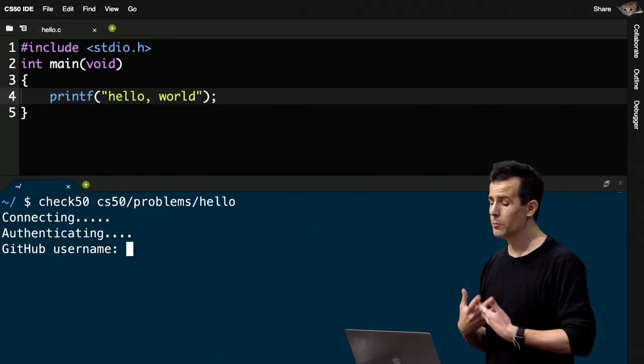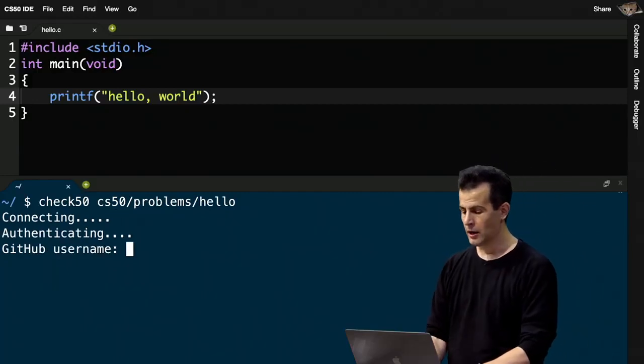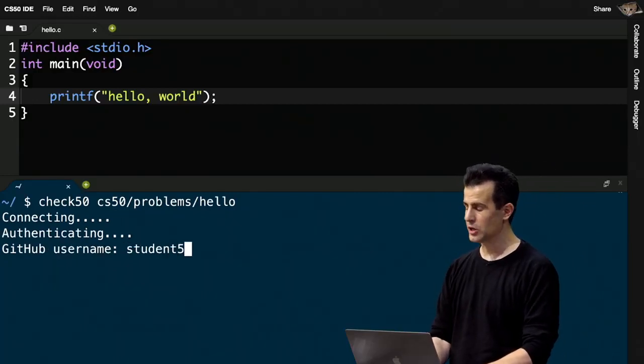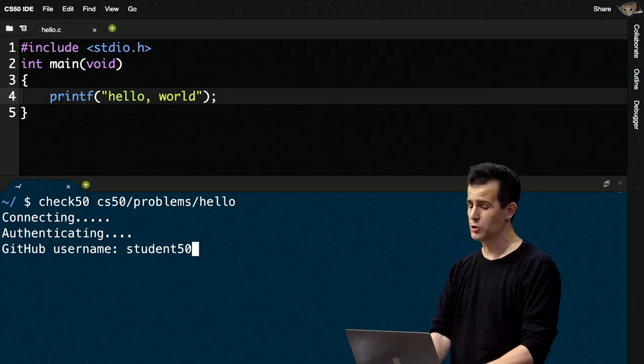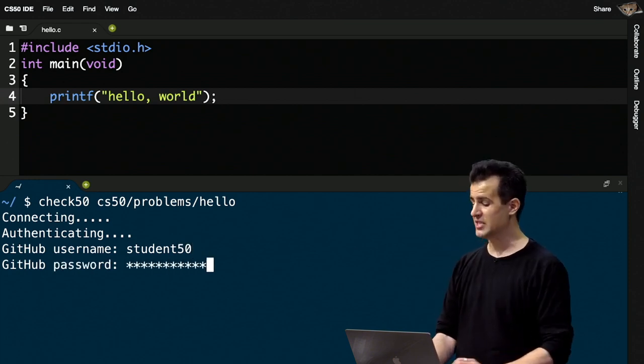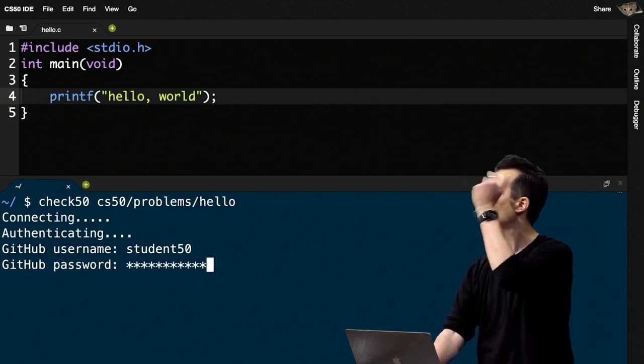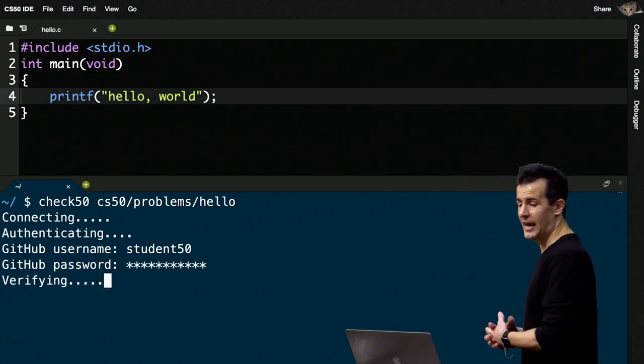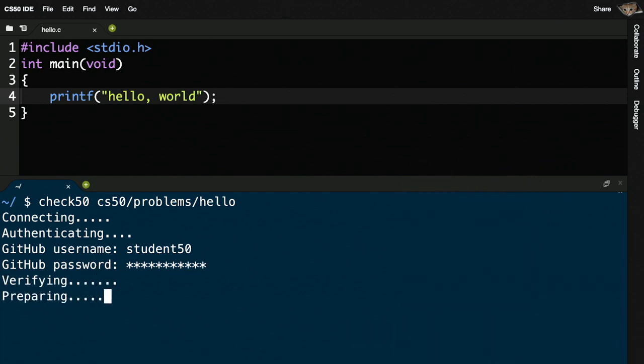This is going to now upload my file, hello.c, to a service called GitHub, which again is a popular tool for sharing code. We use it to collect submissions for this. I'm going to then type in my password. You won't see it. You'll instead see asterisks or like bullets in a web page. I'm going to go ahead and hit enter then. It's going to verify my code. It's going to do some thinking. It's uploading now. And now we're just waiting for the internet to respond,